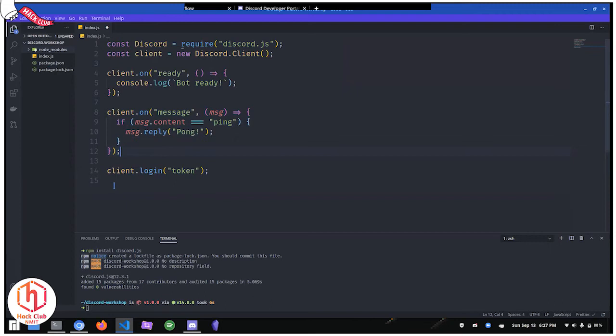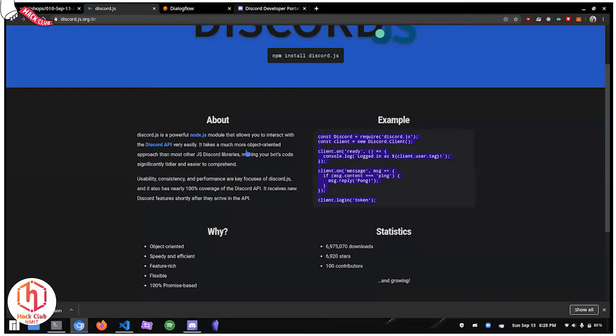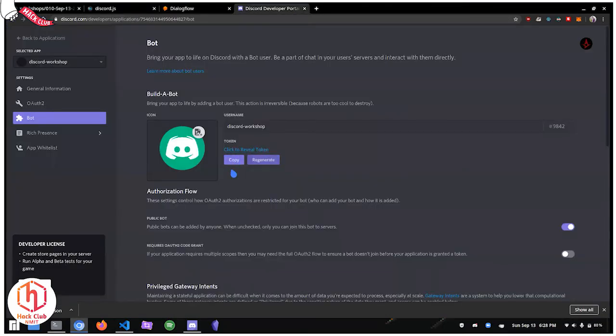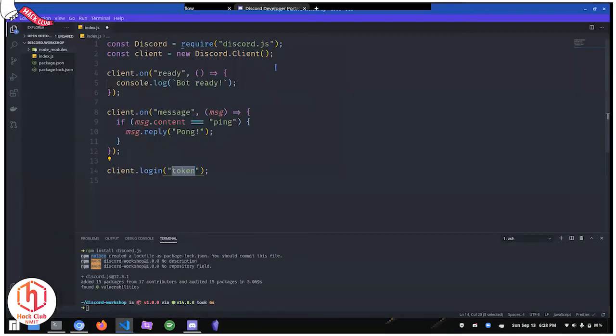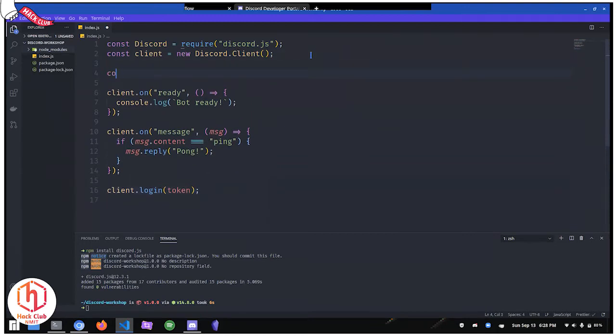And the interesting part over here is it needs you to log in using a token. All right. So for the token, previously I told you about the API keys, right? Over here, the secret token. Yeah. So now I will need you to copy it, and I will need you to paste it over here. And I'll just remove the quotes. Up here, I'm just gonna make a new variable called token, and then I'm gonna initialize it to this thing.